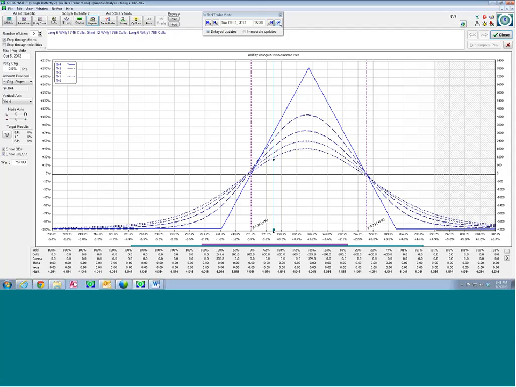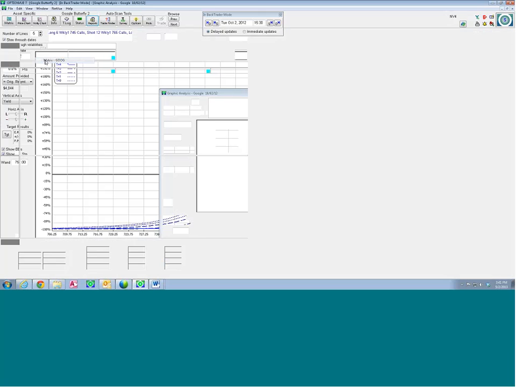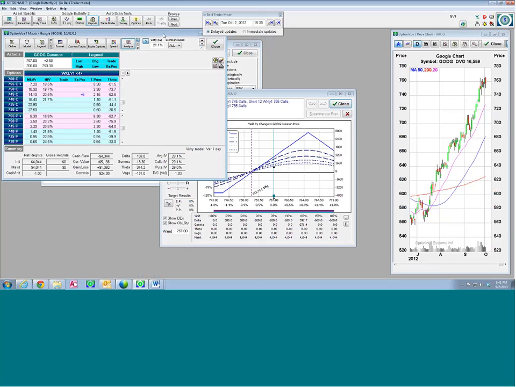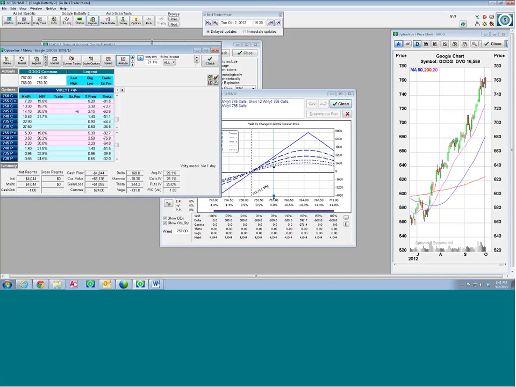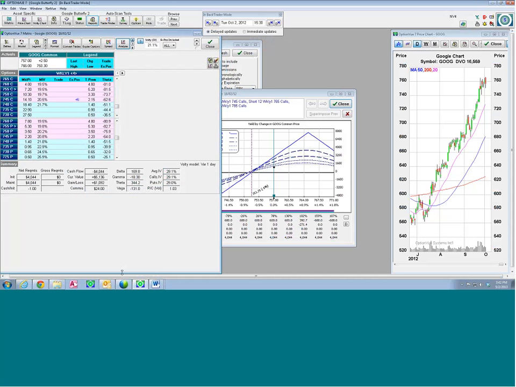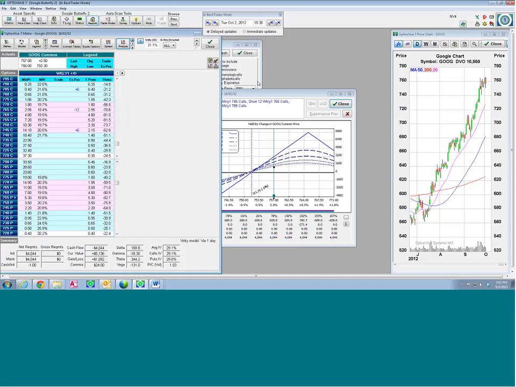So I want to start advancing 1/2 hour at a time. I could minimize the graph. Let's go back to the matrix for a moment. If you first of all, start by restoring down the matrix. I'll show you a way that you can speed this up a little bit. Instead of flipping back and forth, we can leave this in resized form, restored down. So there's my matrix. I've got the price chart over here on the right,